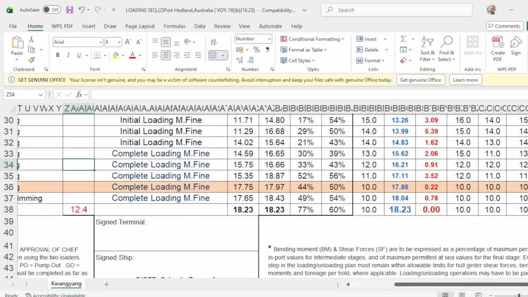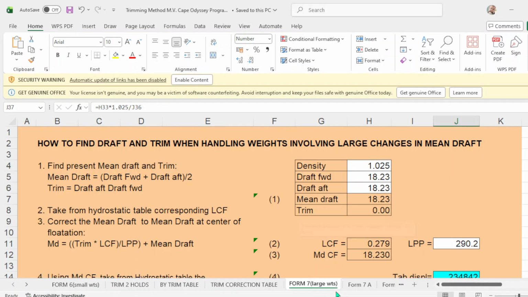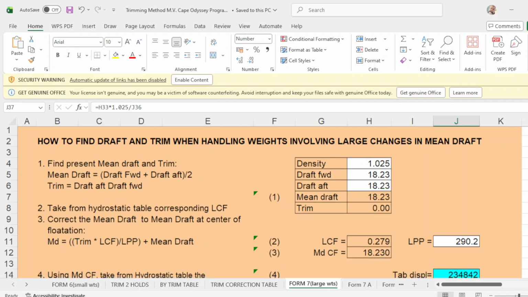Even keel. Forward 18.23, and aft is 18.23. Okay?